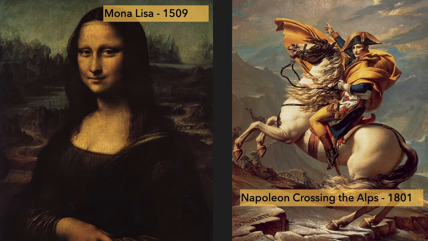Anyway, nearly 300 years goes by. Now, you can obviously see a difference. They're not the same styles, but they're still attempting to do the same thing, right? There's an almost photorealistic aspect of both paintings. Both are trying to depict the thing as it must have looked. Anyone can look at it and go, oh, I see, on the left, this is clearly a noblewoman that Leonardo da Vinci was painting. On the right, that's obviously, even if you don't know who Napoleon was, a guy charging into battle, clearly, right?